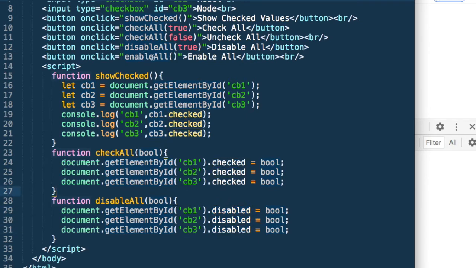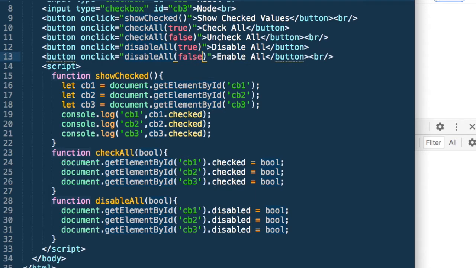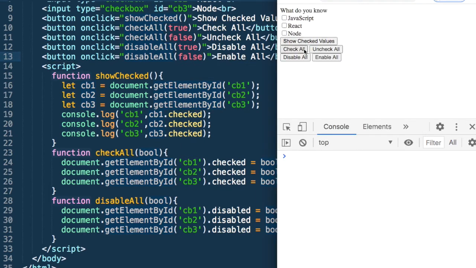This should also help me implement enable all. Enable all will set disabled to false. That's the value I will pass. Let's test it. The moment I click disable all, you can see all these checkboxes are disabled and they are now enabled.